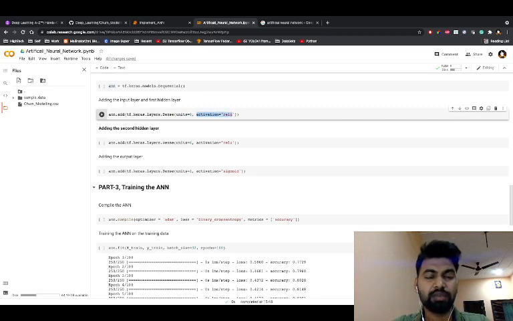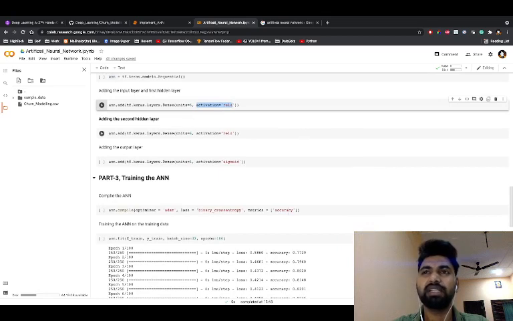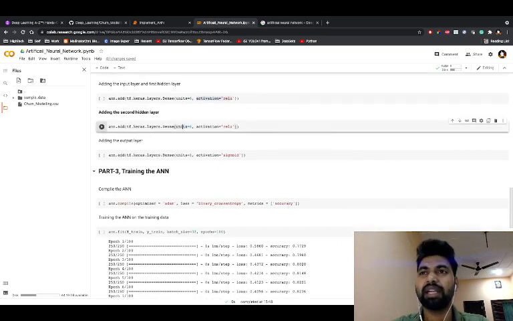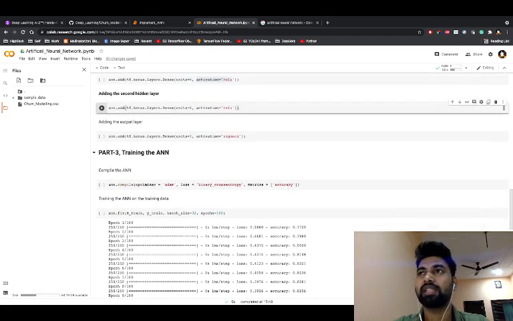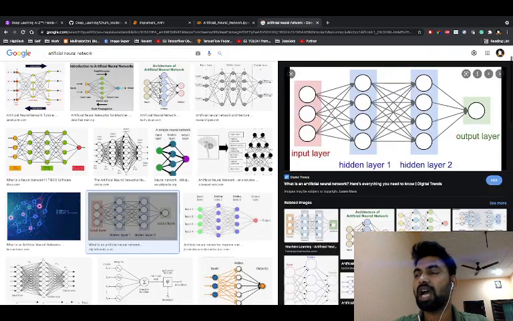As I mentioned, there are different types of activation functions we need to use in the hidden layers and the output layer, right? After that, I'm just adding the second layer. So here, same code, I did copy and paste the entire thing here, and I added the second layer. So far I have added 2 layers, right? After adding these 2 layers, if you see in the diagram, the next one is the output layer.